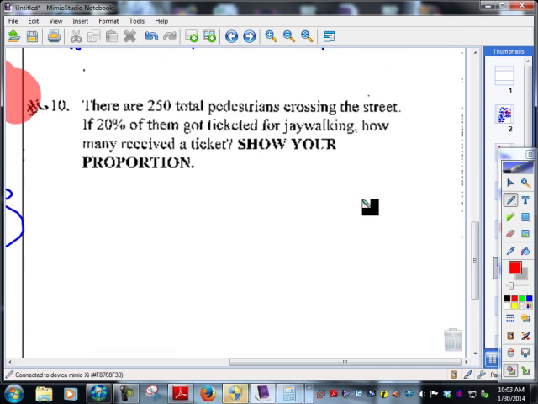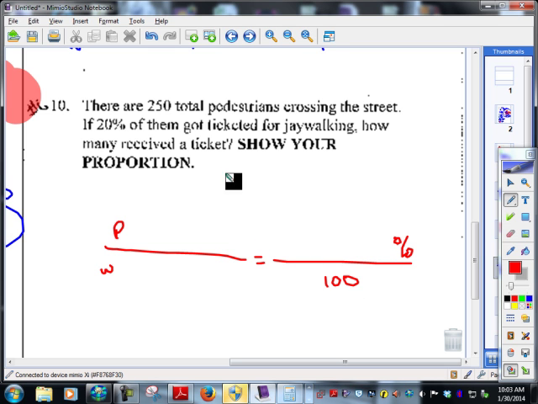Okay, number 10. Again, I start right here. Part to whole equals percent over 100. Okay, there are 250 total pedestrians crossing the street. If 20% of them got ticketed for jaywalking,